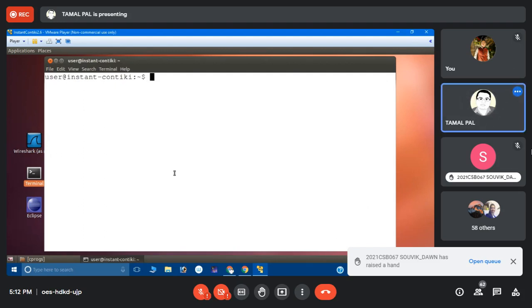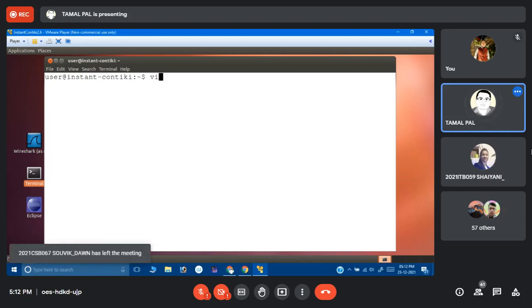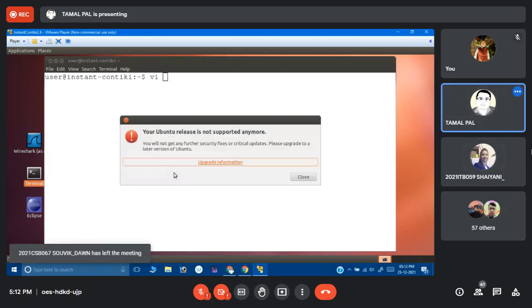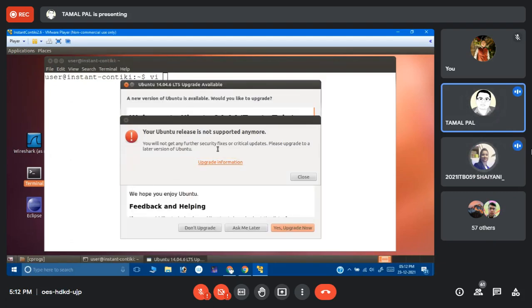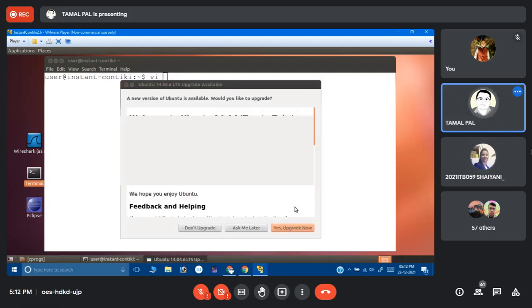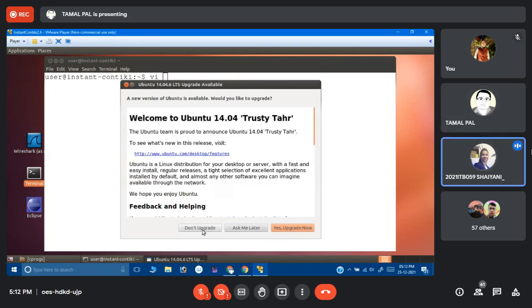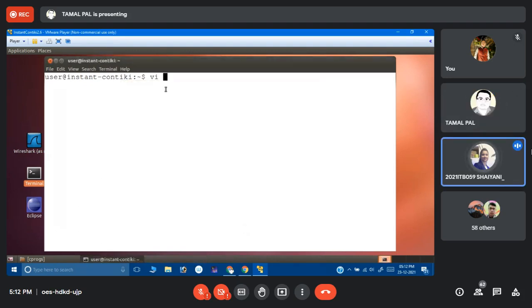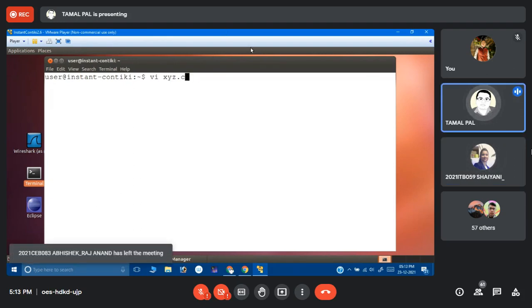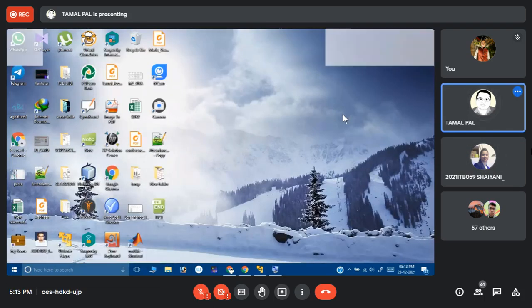Okay, so VI, let's say, the name of the file is xyz dot c. If you face difficulty in reading, let us zoom in a little bit.